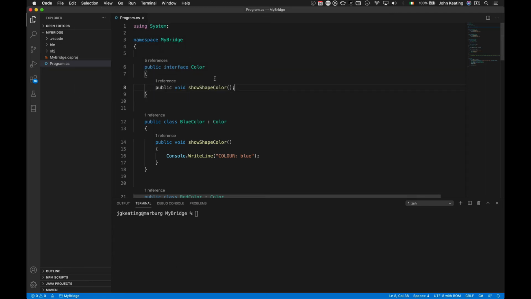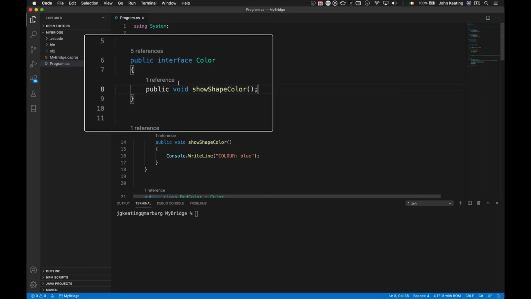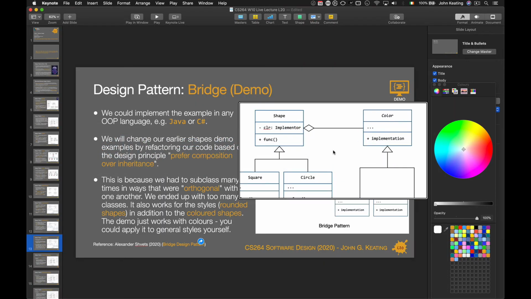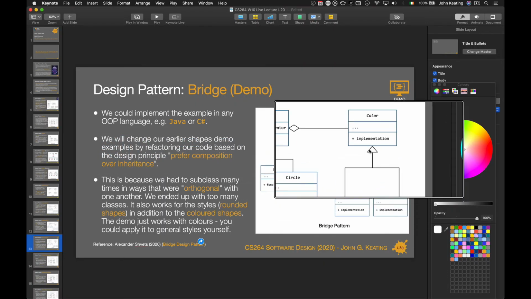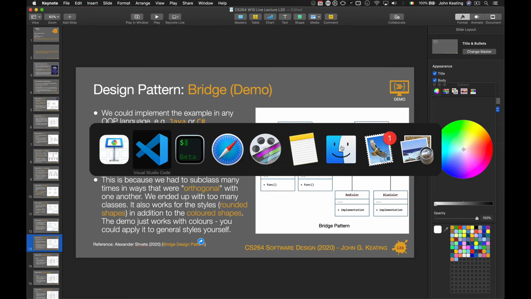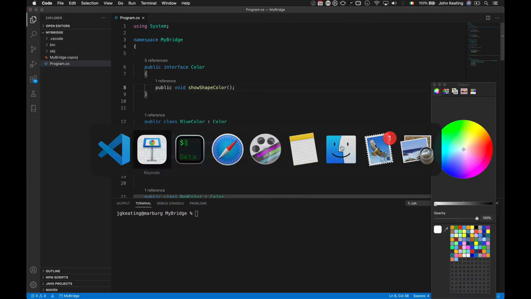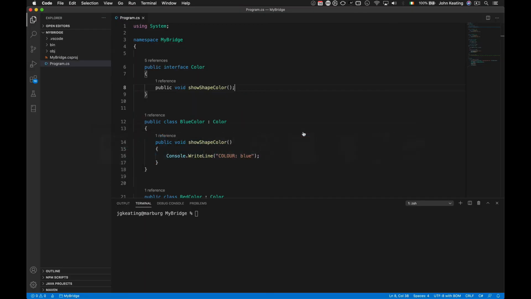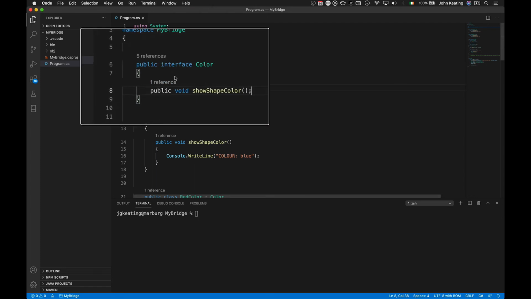Again, it's my bridge. I have a public interface, which is color. And all I'm doing is implementing this, okay? I'm just implementing this, nothing else. I guess that's the point of having the UML, right? It gives us an idea of how to implement the design. This is the design for our code, so we've got to use this, okay? So it shouldn't come as a surprise. I have this interface for color,